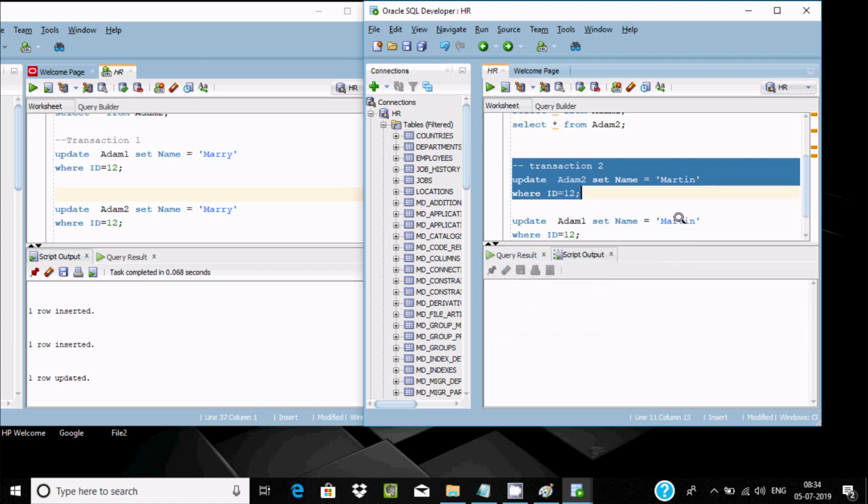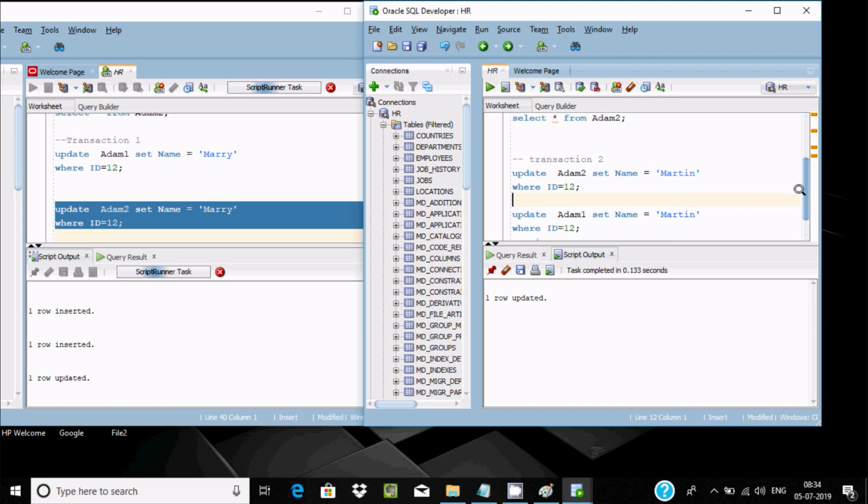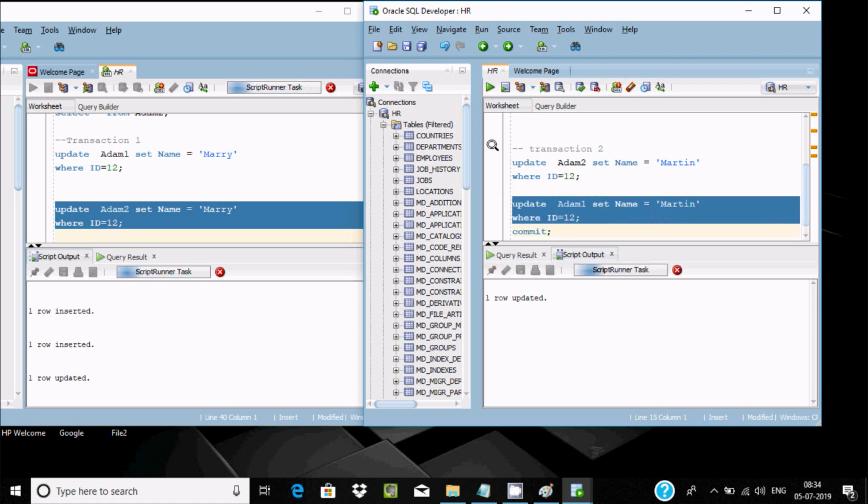So with Adam 2, it's done. Now when I do update Adam 2 set name with Mary, this query is running. Now doing update Adam 1 set name Martin, so both are in